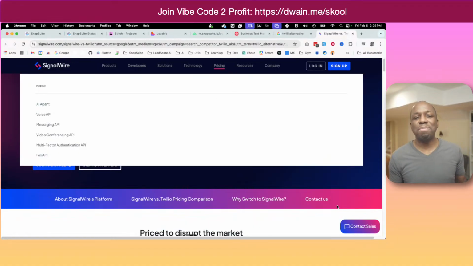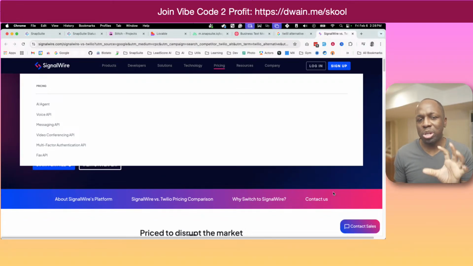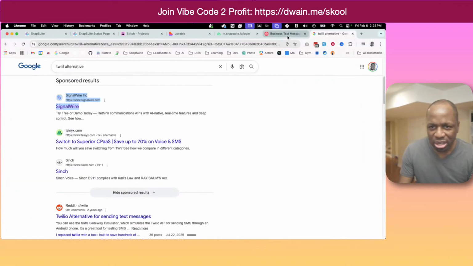For the volume that we're doing, it would save me about $30 to $50 a month. And honestly, I don't like the UI. I don't like the implementation. I don't like the API. It's just too many different things. I find Twilio, because they've been one of the earliest, their implementation is just a little bit better. Just my opinion. So for that reason, I'll just pay the extra money and be done with it.